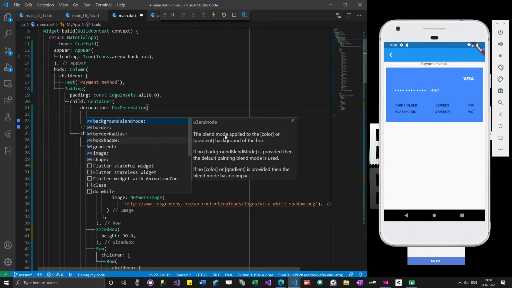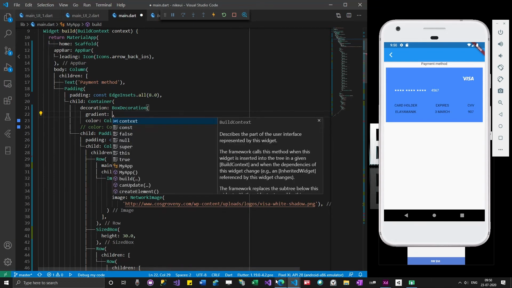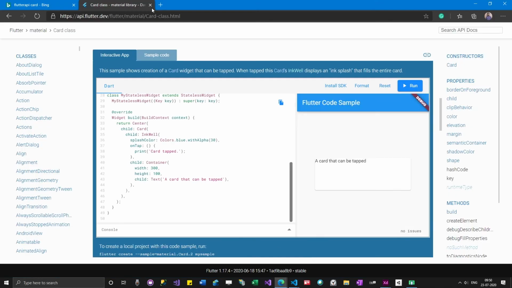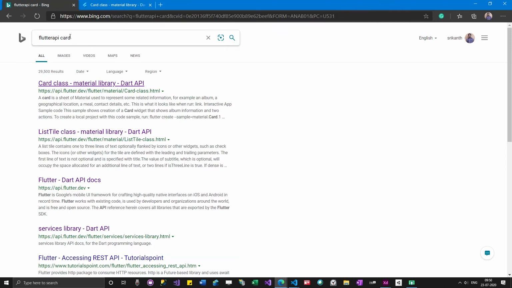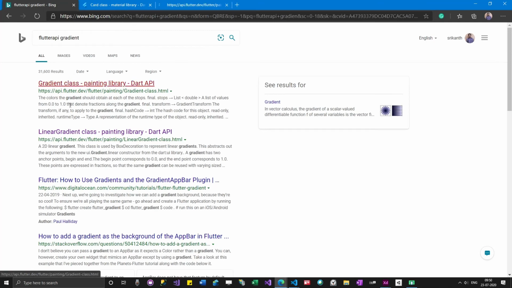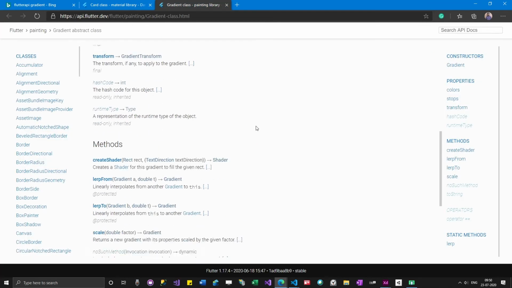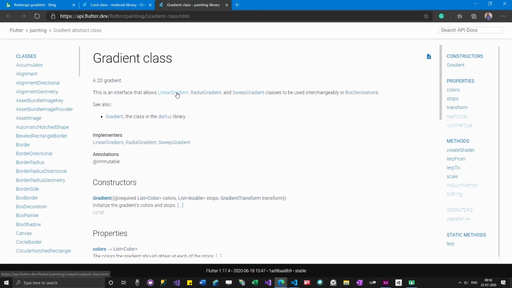So in order to add some texture kind of stuff, what I need to use is a gradient. Let me go to the Flutter API documentation. So we have multiple types of gradient: linear gradient, radial gradient, sweep gradient.